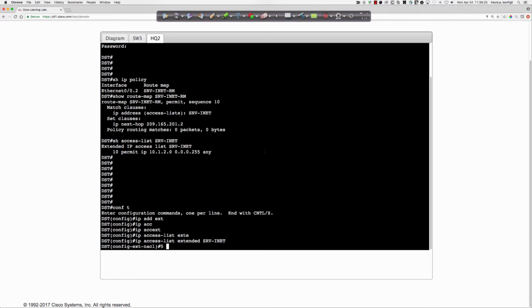And so what we want to say here is deny IP traffic from 10.1.2.0 0.0.0.255. So anything originating from the 10.1.2.0 destined not to anywhere, but destined to the 10.1.10.0,